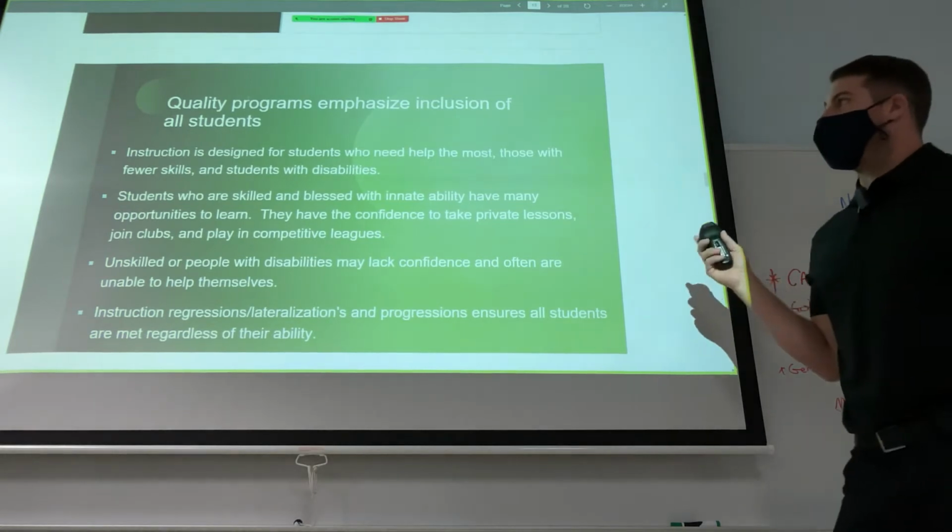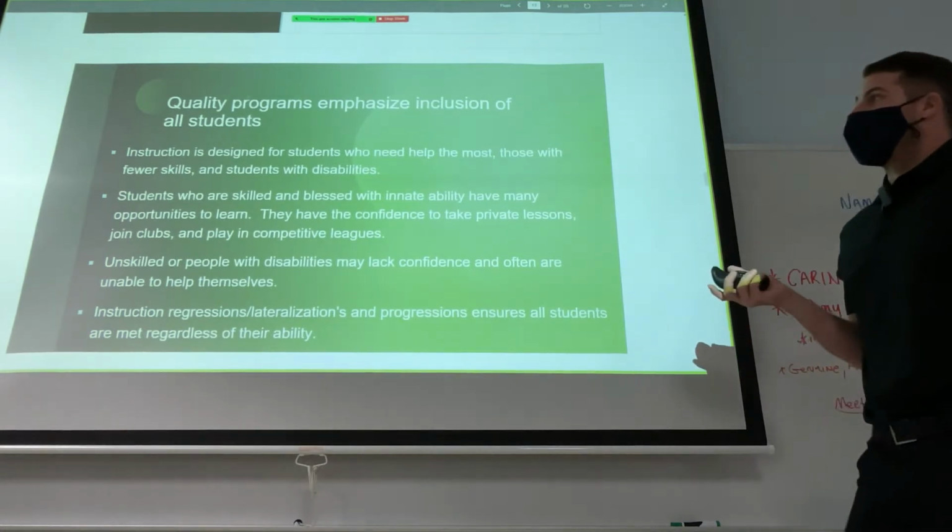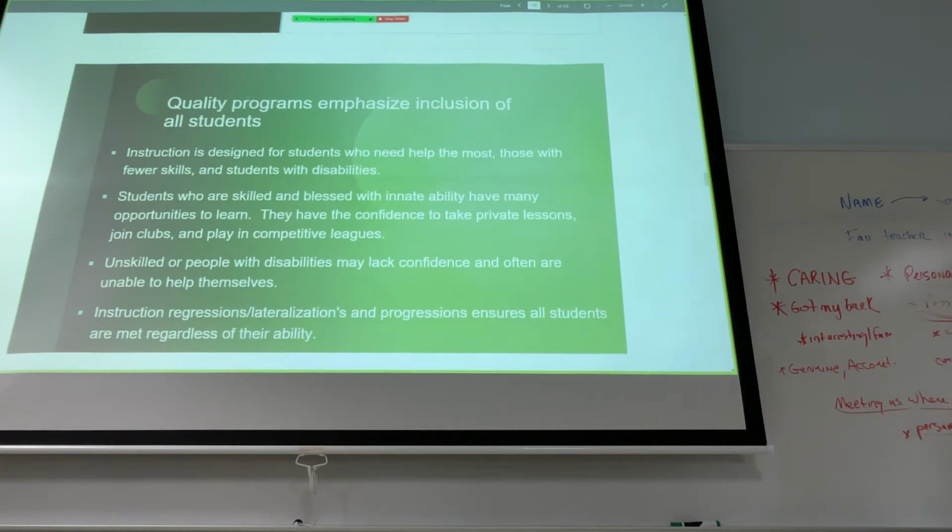So including all students, sometimes you can't do that for all your classes if it is a specific class. Let's just say it's called advanced yoga, which obviously means that the student needs to have experience, and you might not be able to have all students. So what do you do in that case? If you have maybe an 80-year-old lady who wants to come to your power yoga class, well, you're going to probably have to adapt or include her somehow. If they want to participate, they've signed the PAR-Q form, and they're ready to go. You're going to have to figure it out.